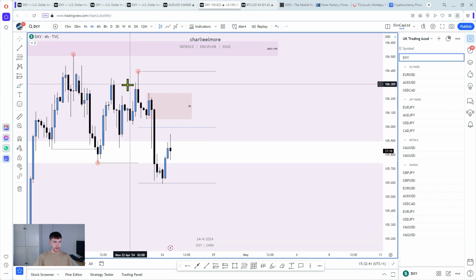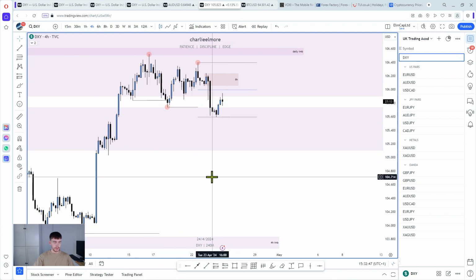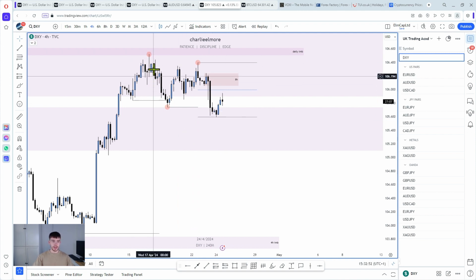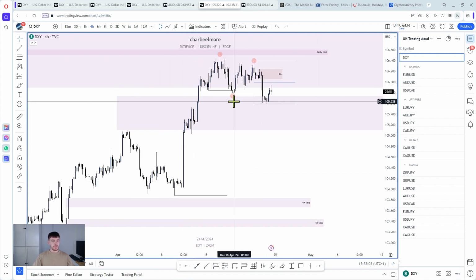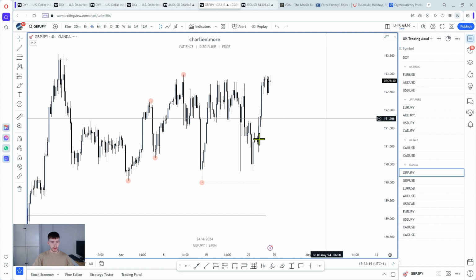On the 4-hour time frame, you can see we've got a candle there, but I'm just going to leave it as the 8-hour. Okay. So yeah, just really nice price action there coming out of the daily imbalance. From the 4-hour time frame, you can see we've had the high, the low, the lower high, and the lower low. So this is now the new bearish leg on the 4-hour time frame. The fact that we've broken bearish structure on the 4-hour on dollar would indicate that there's a potential reversal, obviously with the pairs traded against the dollar, GU, EU, AU, and all the rest of them. Okay. So what we'll do to begin with, we'll start off on pound yen.